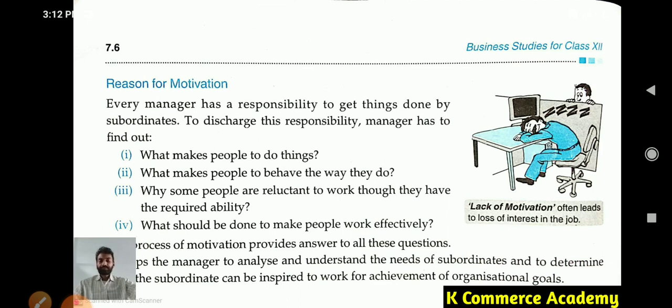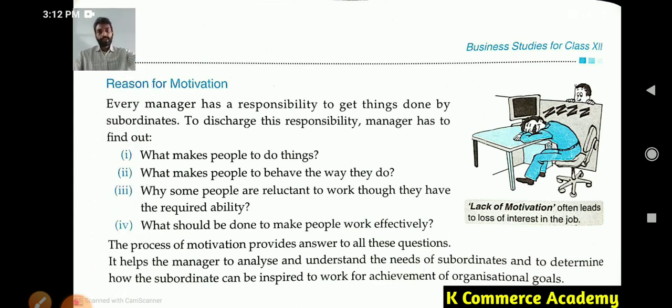For that, you can understand that every manager in an organization has the responsibility to get things done by subordinates. Every manager has to get the things done from his subordinates. What does management mean? Management means to get the things done through others. Now, how will a manager get the work done from others? Obviously, this responsibility can be discharged by